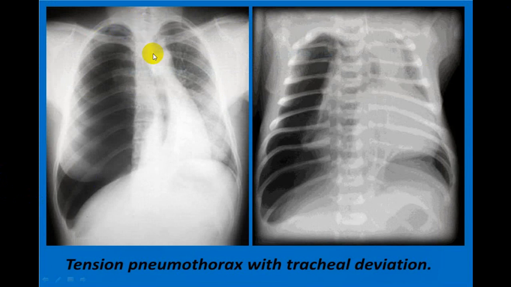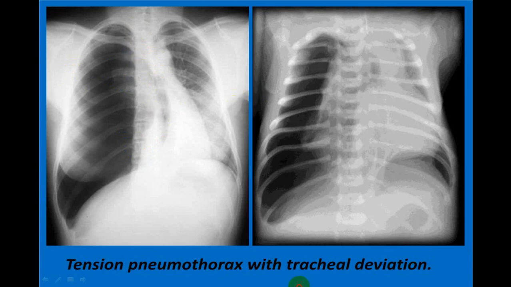Now you can see here in the mediastinum what has happened because of a big pneumothorax. This is a breast shadow. This is a deep sulcus sign. The diaphragm is pushed down and the entire mediastinum is pushed to the opposite side. Now you cannot identify the heart size properly. And see this massive shift, this is a tension pneumothorax with gross tracheal deviation to the opposite side.